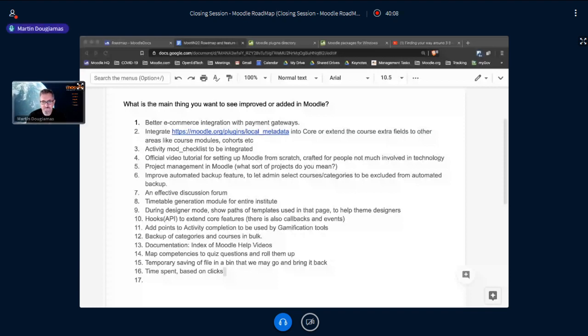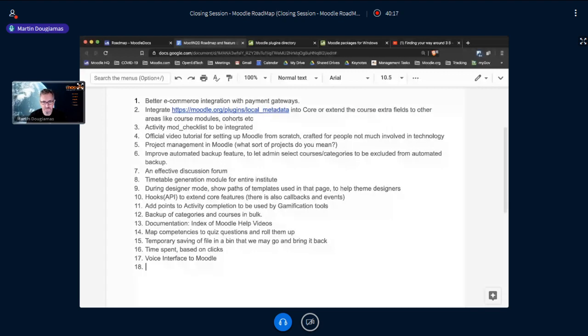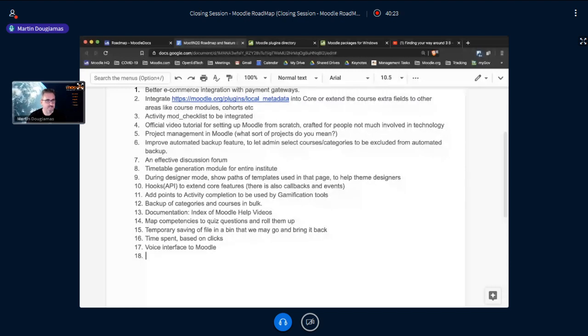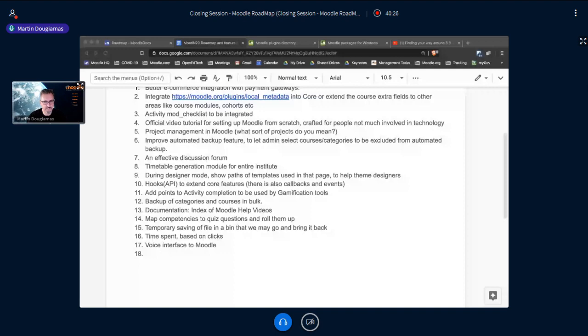Well, that's a really tricky problem, but if it's just something we want, then we can put it here and we can vote for it. I think there is some merit in a voice interface, thinking about voice interfaces. We actually did some work on that before.